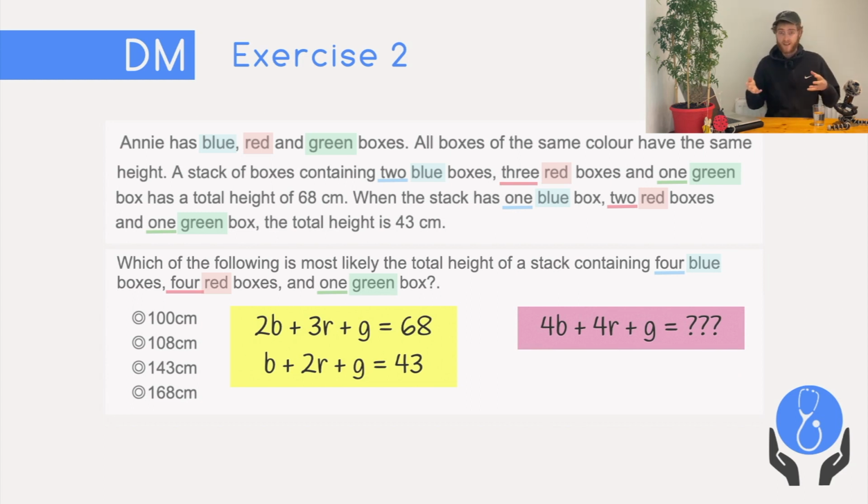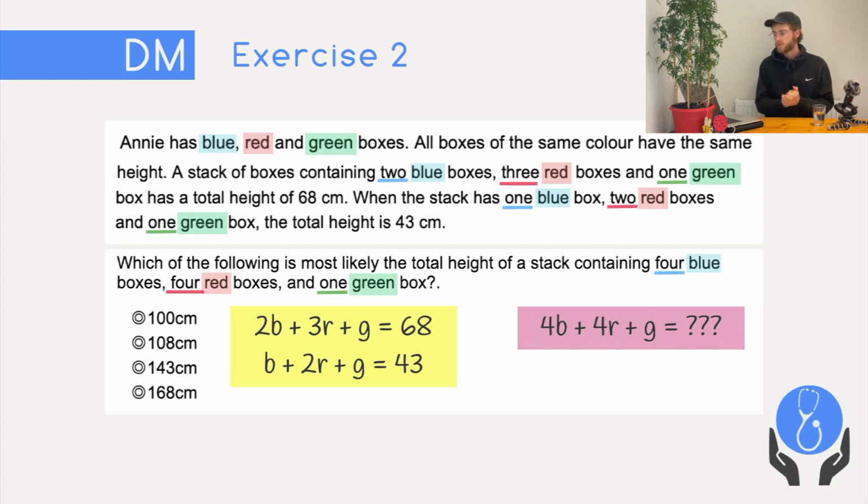So this might not help, and to be honest, it doesn't look that much nicer than the question does. But if you spend a little bit of time looking at this, you can see that there's a relationship between the 2 stacks of boxes, which are illustrated here. So the bottom stack, the second stack of boxes, actually can cancel out some of the elements of the first formula. You can see they were taking 1 blue away from it, 2 red away from it, 1 green away from it. And that leaves us with this third formula, which is 1 blue box plus 1 red box equals